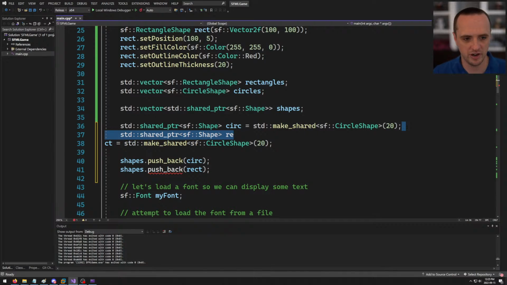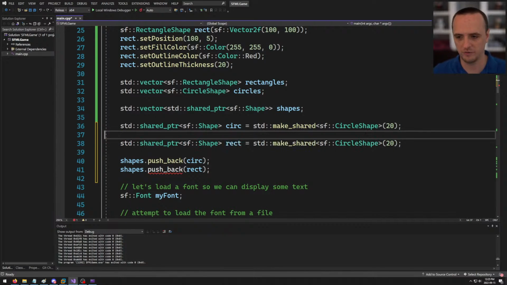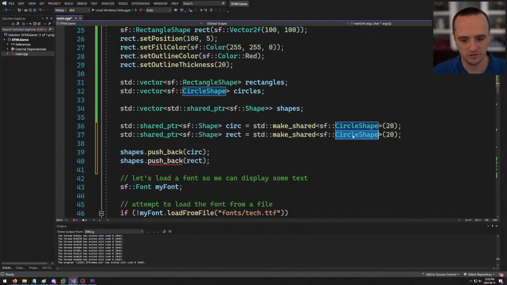However, this shape, oh geez, sorry, I'm going a little bit fast here because I'm a little bit over time. This is going to be a rectangle shape, and this is going to be of size SF vector 2F 40, 40. And just so it's not drawing on top of the other one,